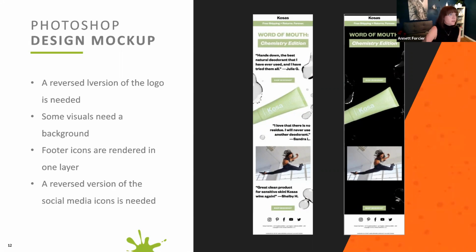Yeah, and the problem here is also that, and I see this a lot in Photoshop files, the footer is rendered into one layer only, because it's repeating. Why don't we use it? We don't have to, we just reuse this element. So in this case, I have to go back to the designer and ask for the elements to be a single icon so I can export them easier, and also change them